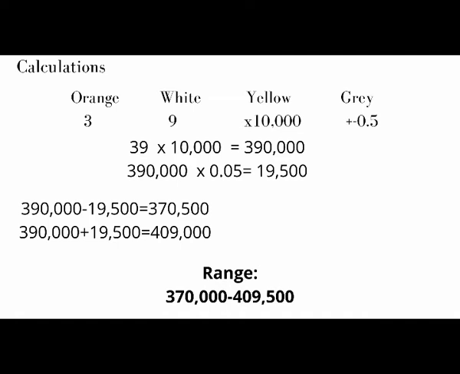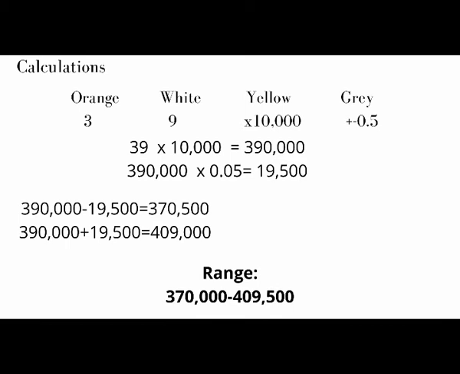390,000 minus 19,500 will give us 370,500, while 390,000 plus 19,500 will give us 409,500. So the range of the values will be from 370,500 to